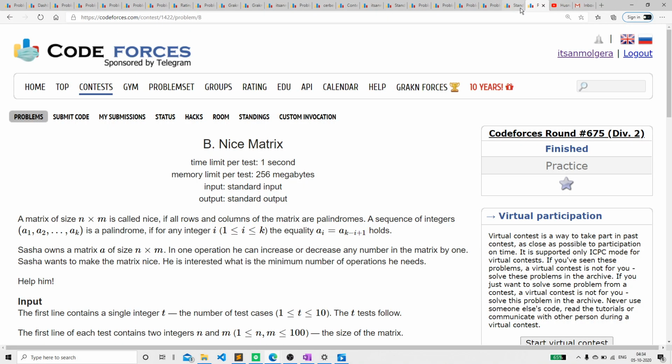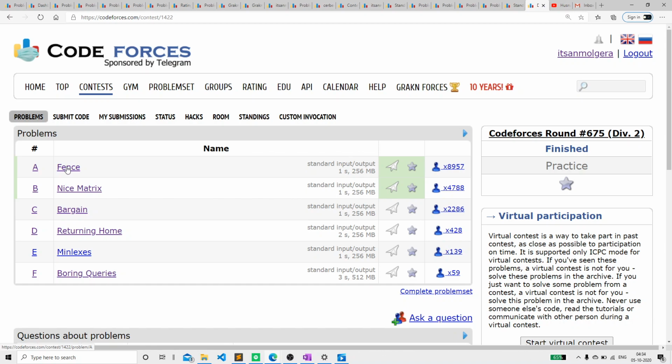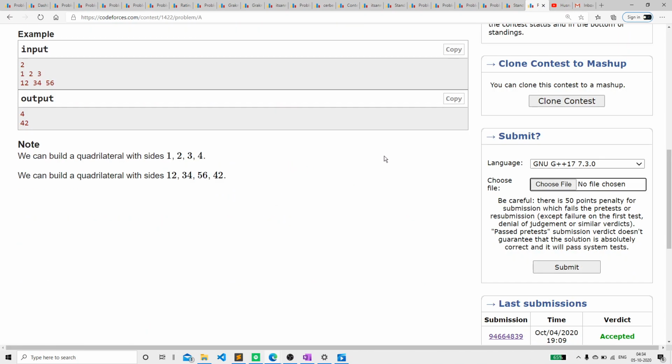So hello everyone, this is Anmol Ghera and this is a solution of yesterday's contest problem B, and I'm also going to discuss problem A because I have found some very interesting approaches to solve that problem. So first for a couple of minutes A, and then we'll move on to B.